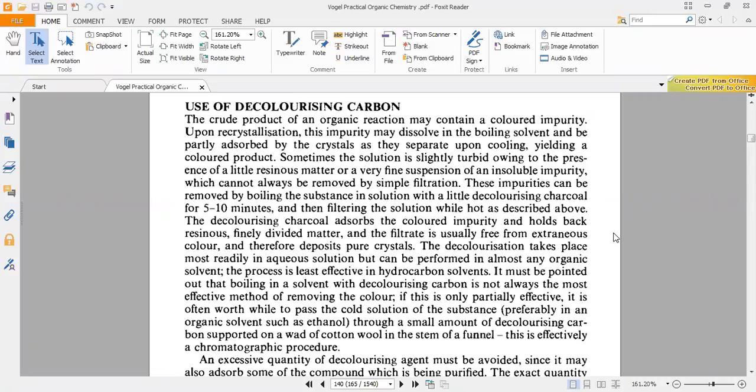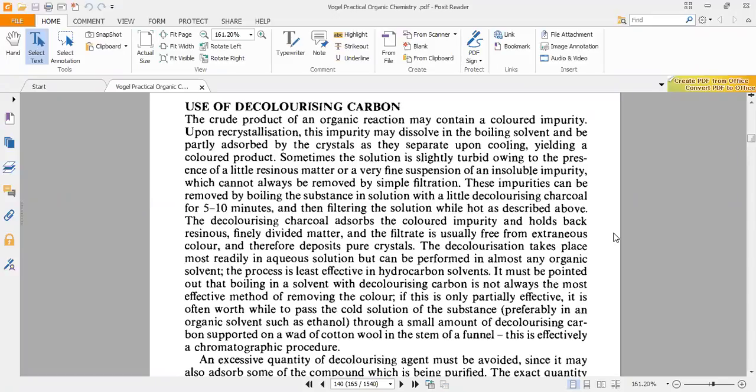We dissolve and make a supersaturated solution of the solute in such a way that it gives you a clear solution after filtration. And then we add an opposite type of solvent, but it should be miscible with the first one. If the solute is highly polar, we dissolve it in a highly polar solvent and then add a non-polar or less polar solvent to that. The purpose is to decrease the solubility of the solute.